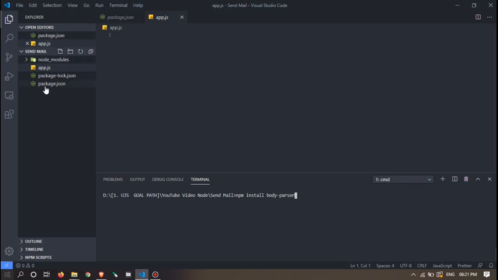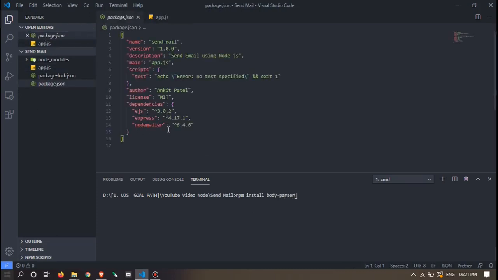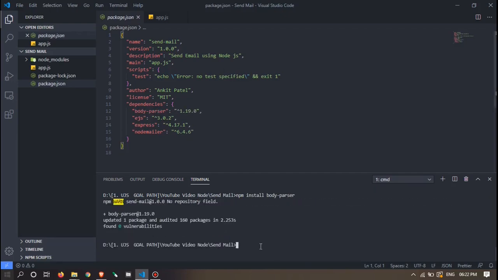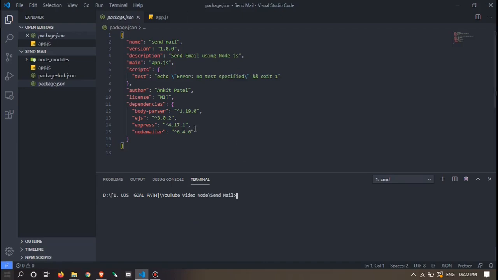I think body parser is not installed, right? I meant to install nodemailer as a dev dependency, but it happens, no problem. npm install body-parser, so we'll install it as a dependency. It is installed now, body parser, you can see.